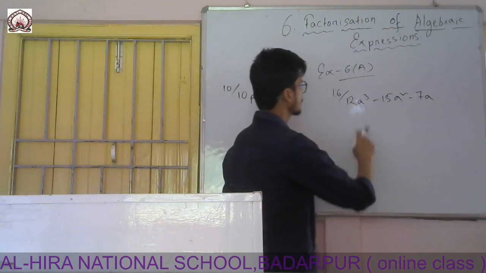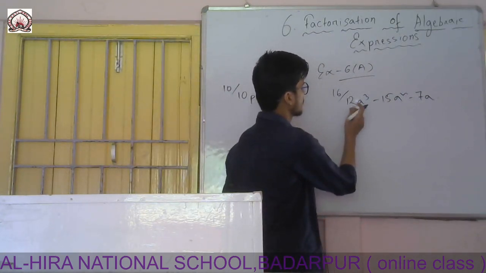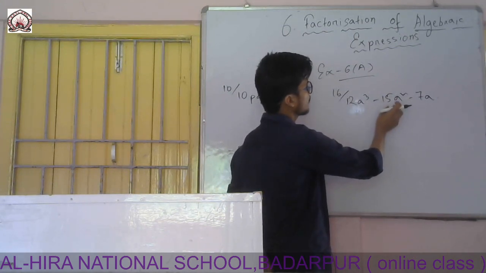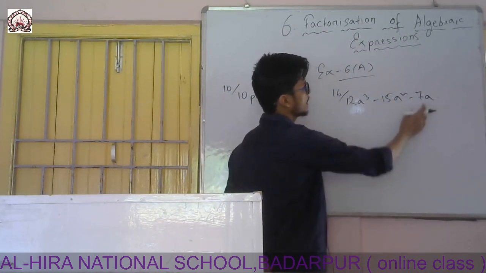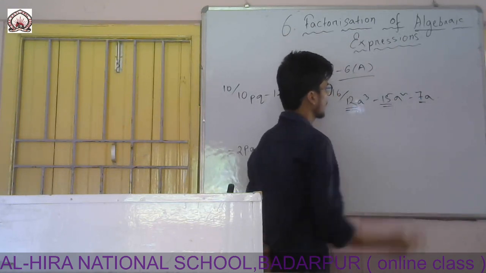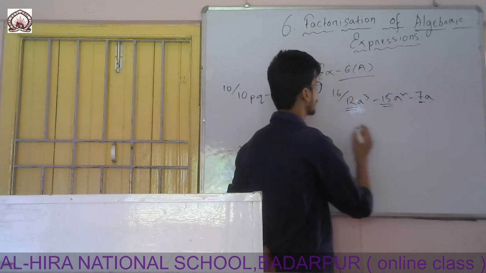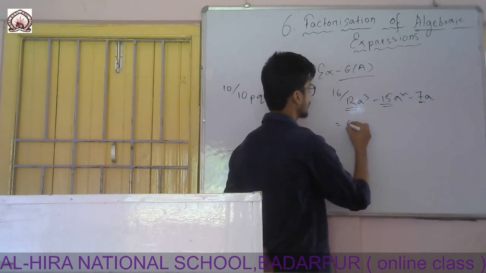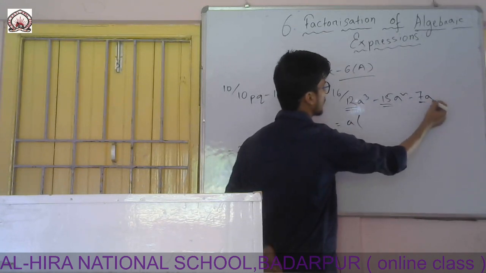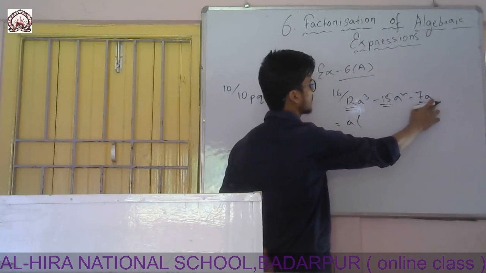In this case, if I break this one, this is a multiple of 2, 2 6s are 12. This one is a multiple of 3, 3 5s are 15, and it is 7. So there is nothing common between them. Only in this case A is common. So if I take out only one A, you see there is only one A, it is the least, so I will take only the least one.